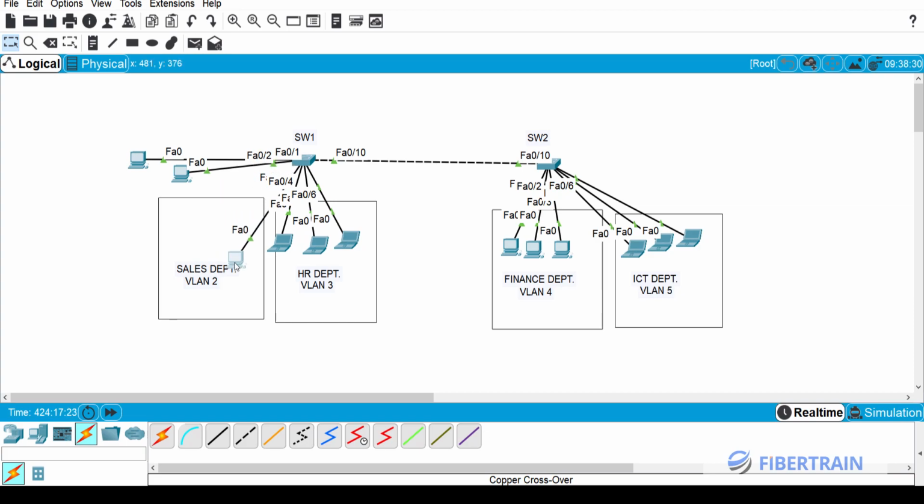So these three PCs are on port 1, port 2, and port 3 on the switch. So port 1 is known as F0/1. Port 2 is F0/2, just in that manner. Alright, so we are going to join port 1, 2, 3 to the sales department, and we'll assign port 4, 5, 6 to the HR department. So click on the switch,